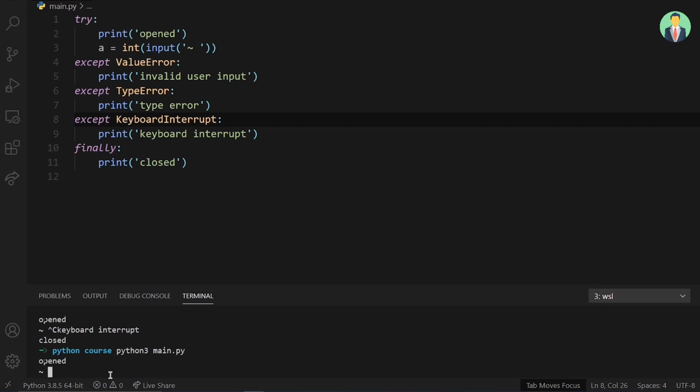Even if I'm forcibly closing a script, it is still closing the database or the file, and that is absolutely important when you're dealing with data which is of high value to you. Okay, so that was all about